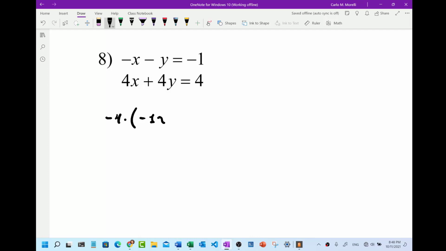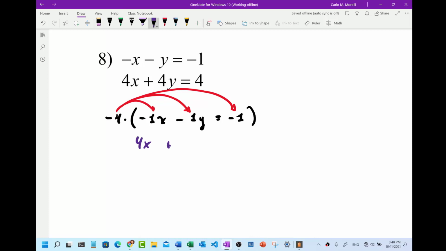It's -1x minus 1y equals -1. And I'm going to multiply. A student in class used the right term. They said multiply by a scalar. It's a perfect use of that academic language. We get 4x plus 4y equals positive 4. Well, the other equation is 4x plus 4y